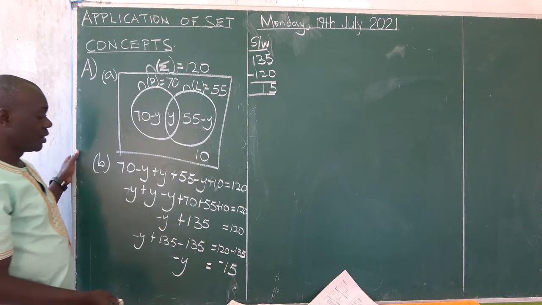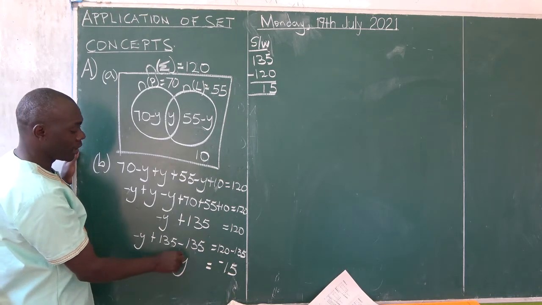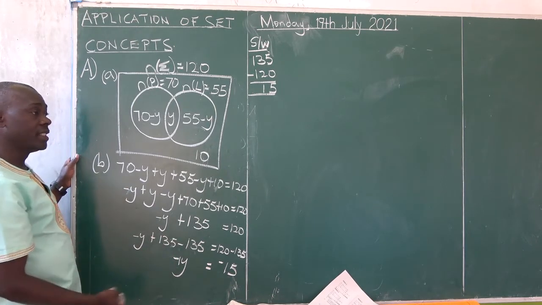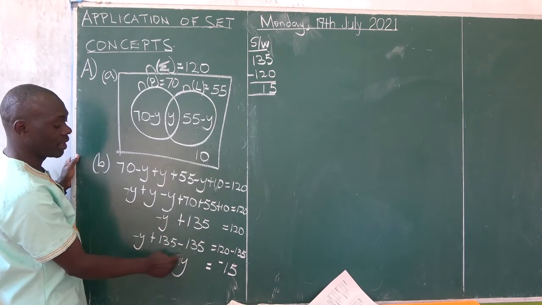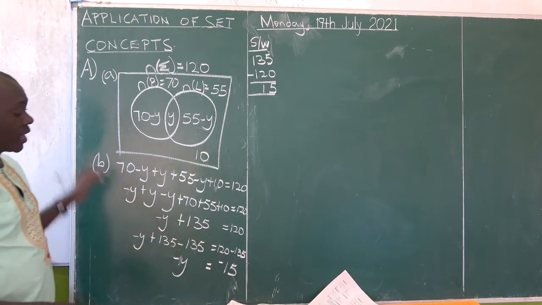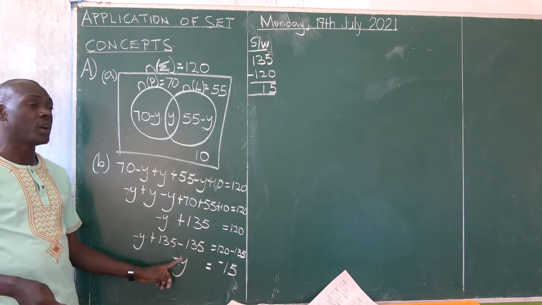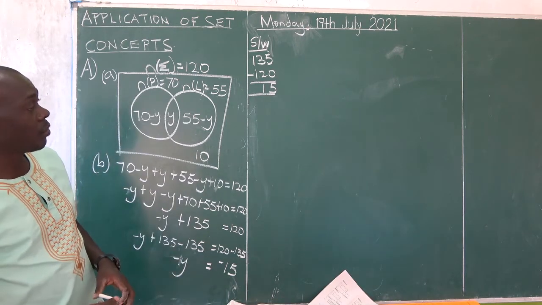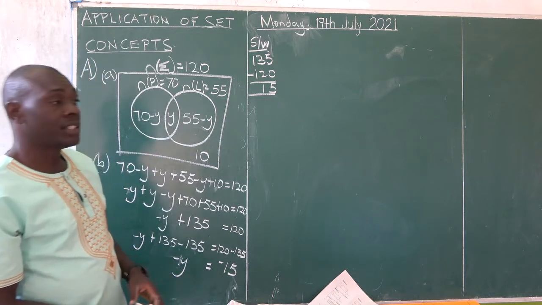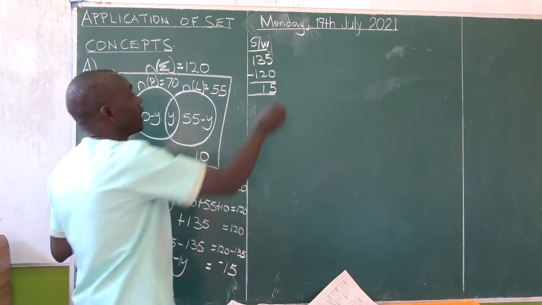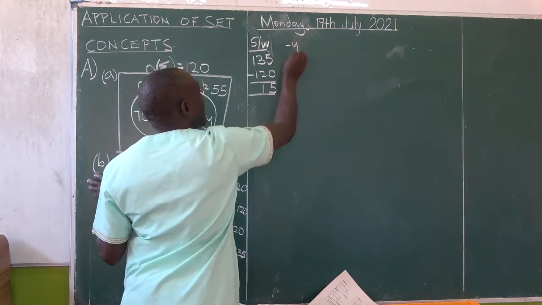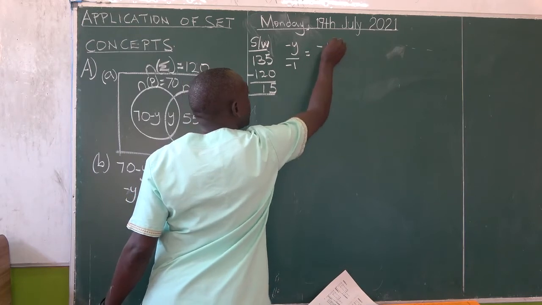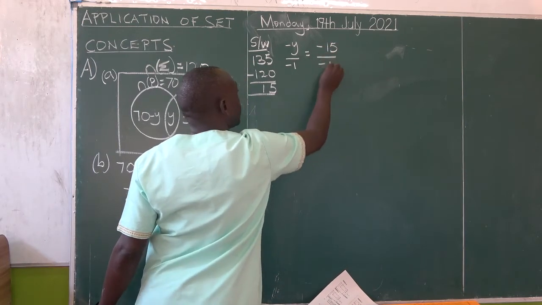Like I told you, by saying negative y, we are having a 1 that is hidden here. So this is the same as negative 1y. But in algebra, we are not allowed to write a 1 against a letter. So get to know the hidden number here is a negative 1. So y must be relieved of that negative 1 coefficient. So by division of either side by negative 1, the next step says negative y divided by negative 1 is equal to that negative 15 we got divided by negative 1.